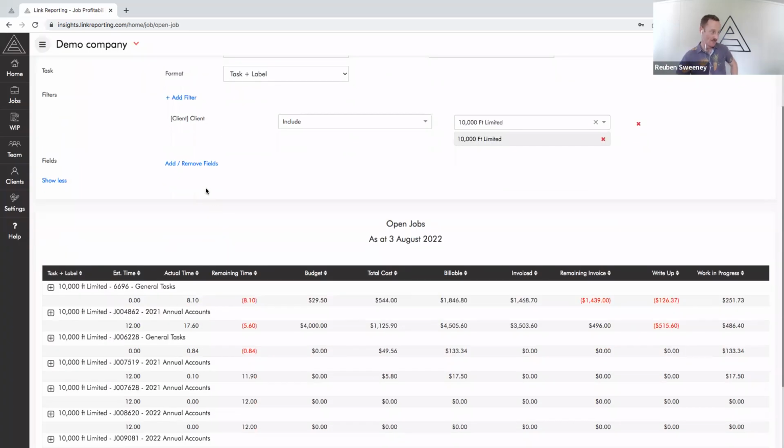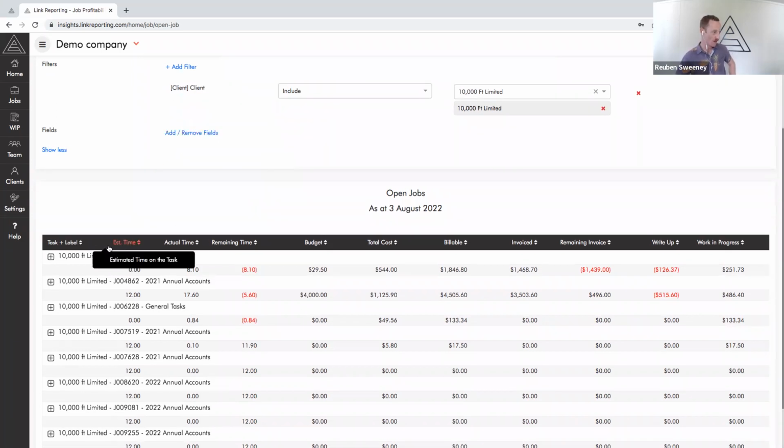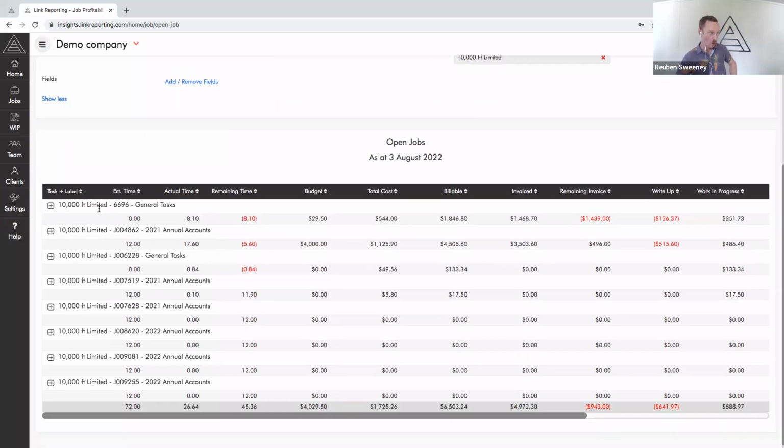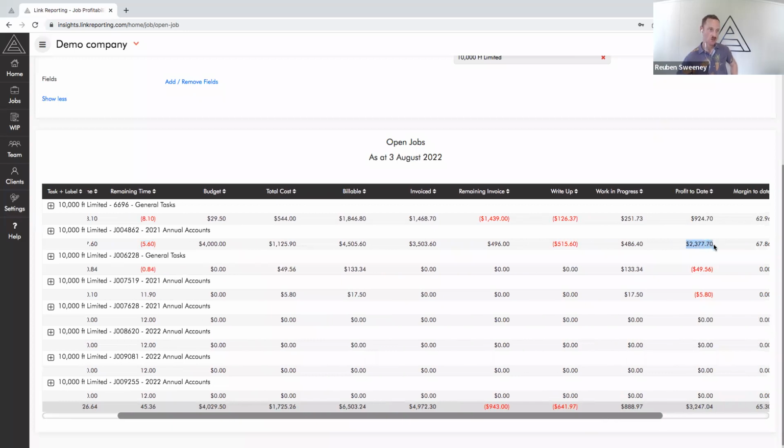What we're looking at here is probably the biggest, most complex of all of our reports because it involves so many other elements of XPM, as you can see from tasks and quotes and disbursements and invoices and WIP and everything else all together. So here are all the jobs that are currently open for this client. Here's a good example, $4,000 budget, remaining time. So what I'm looking at, I guess, is my profit to date,